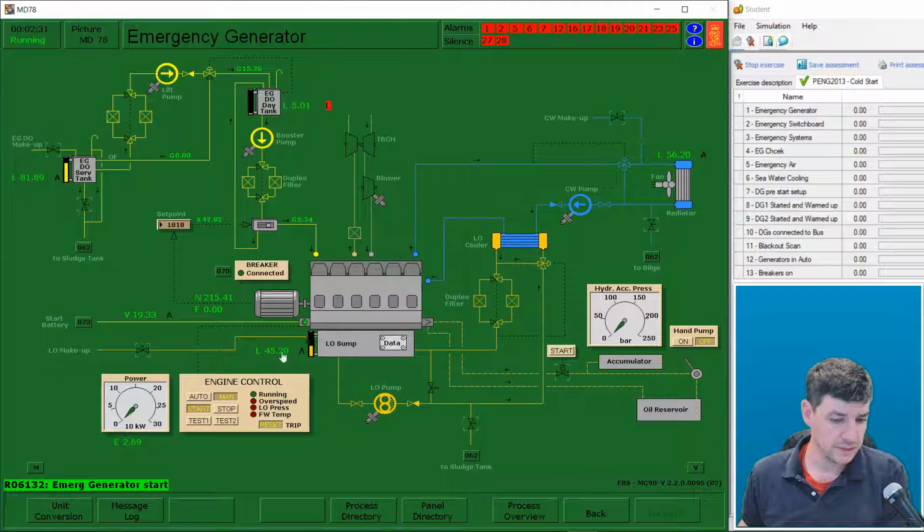The generator is going to run around 1,800 RPM, so I'm just waiting for that to ramp up, and then we will see that it hopefully stays running. In the meantime, with this pump turned on now, you can see that our day tank is starting to increase in value, and once it hits at least 20 as its level, then that will clear. We're trending towards that. We are stabilized now, a little bit below 1800 RPM, but within that range,